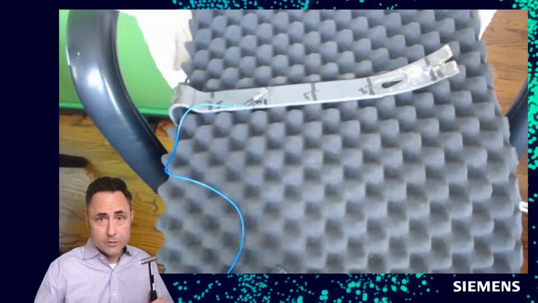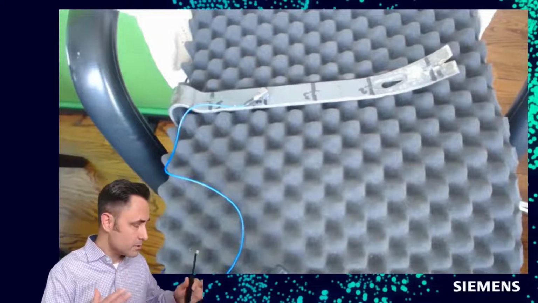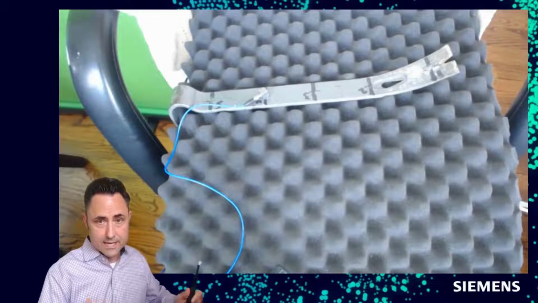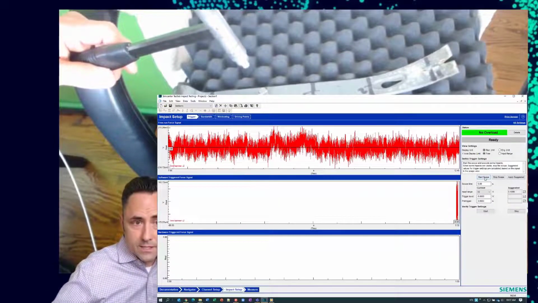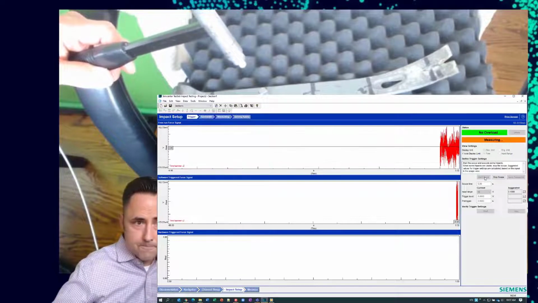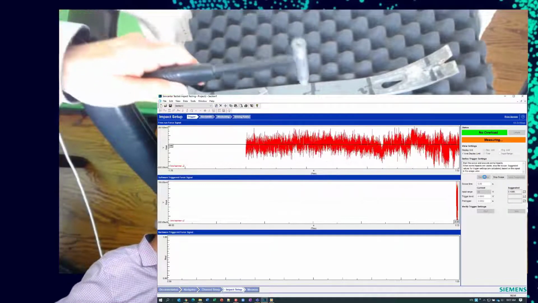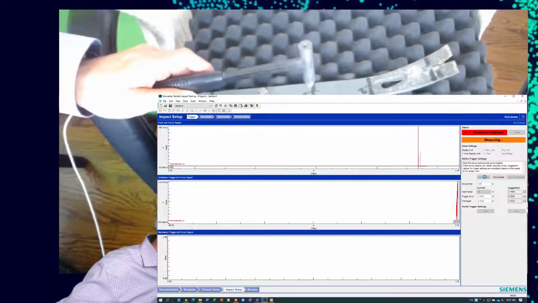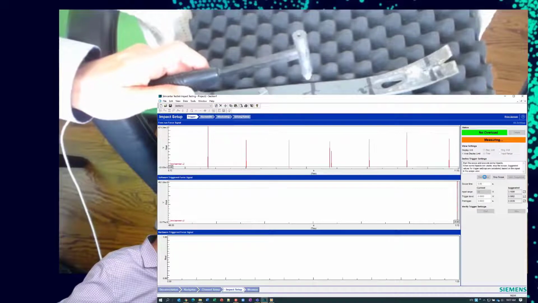So I've got an impact hammer. I'm going to set up the trigger. So the trigger, or the force on the hammer, is going to be what starts the measurement or tells Test Lab I want to start taking data. So I'm going to first hit this Start Scope button here, and you'll see the data will start flowing in. And I'm just going to hit the structure a couple times how I plan on hitting it.